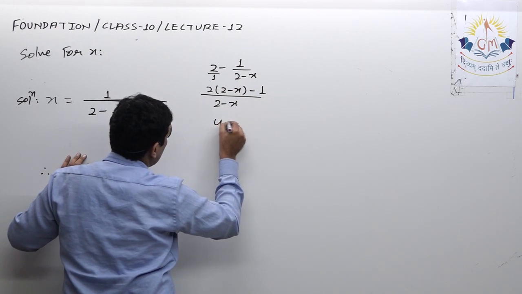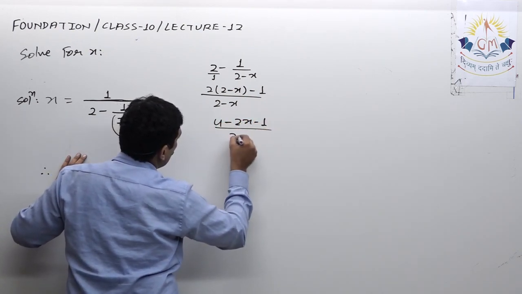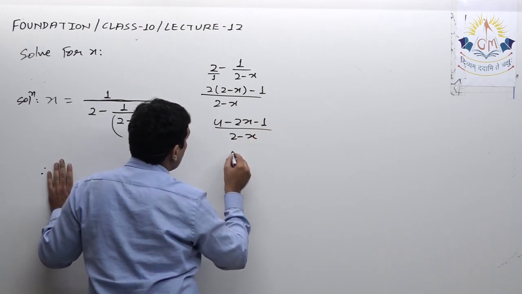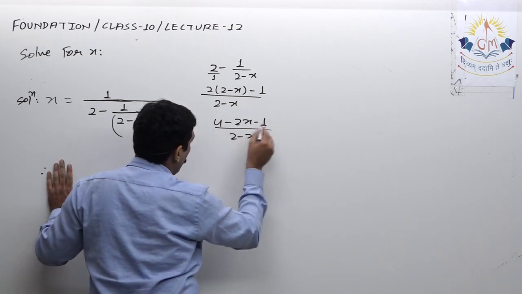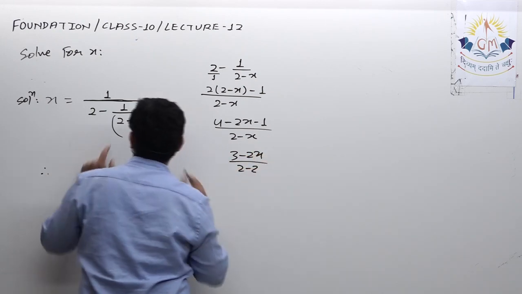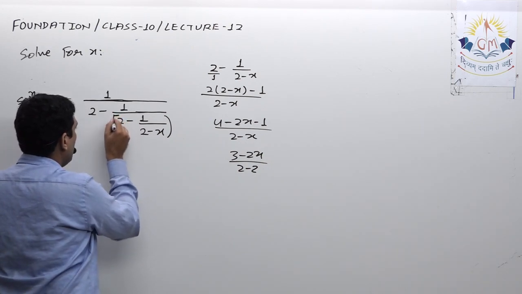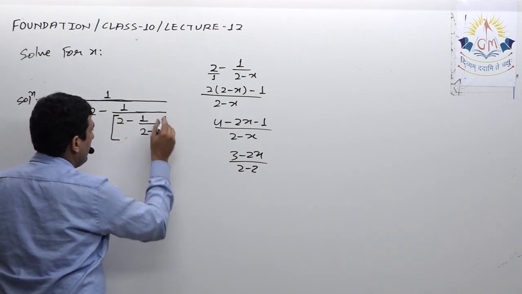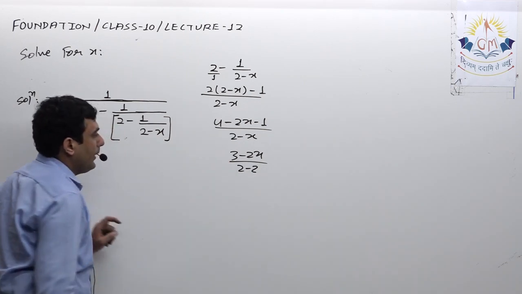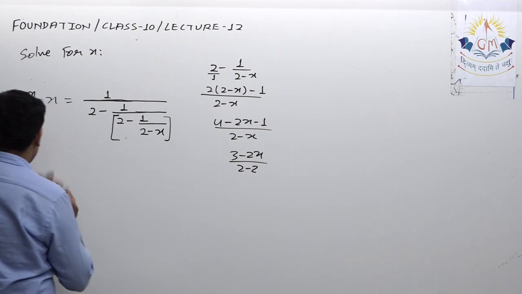That means 4 minus 2x minus 1 upon 2 minus x. That is 4 minus 1, 3, 3 minus 2x upon 2 minus x. I can replace this quantity. Okay, I can replace this by this, 3 minus 2x upon 2 minus x. So